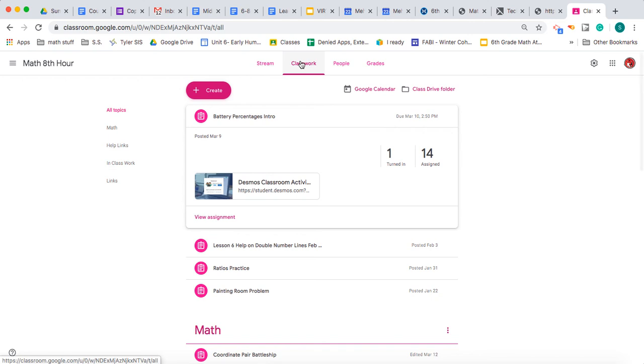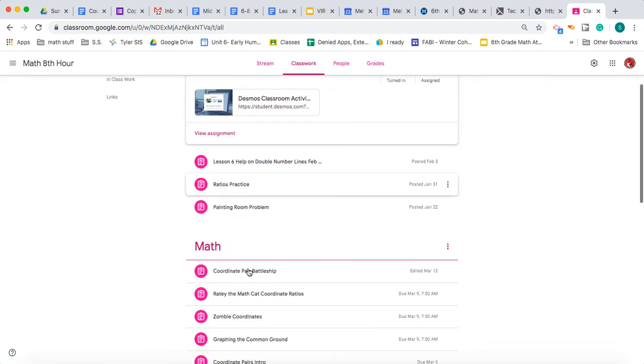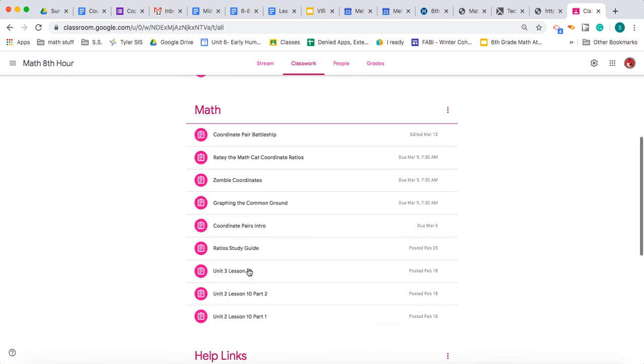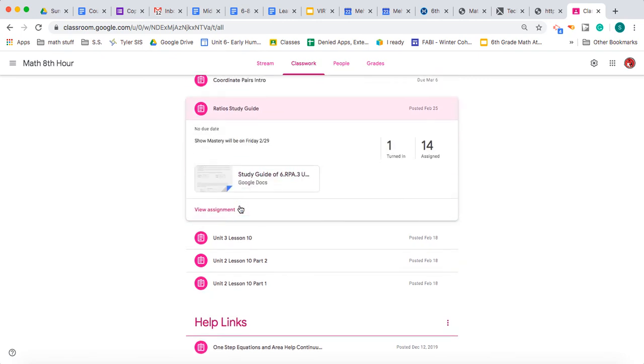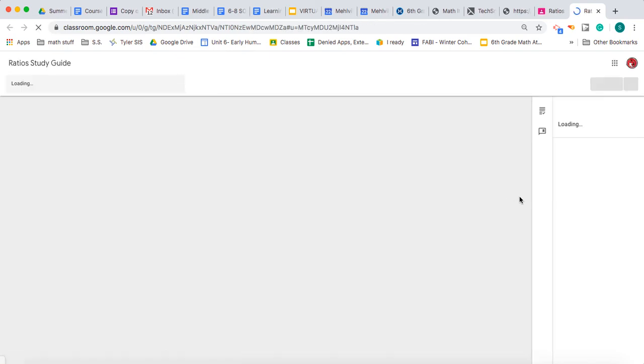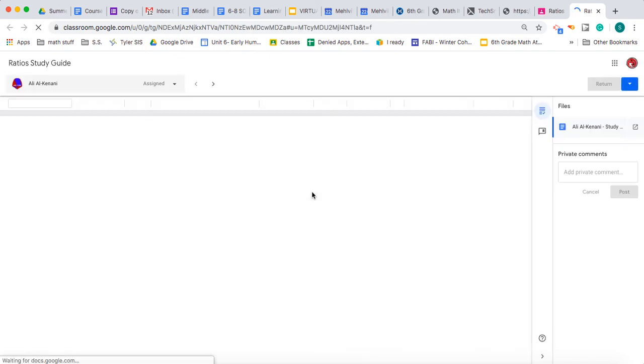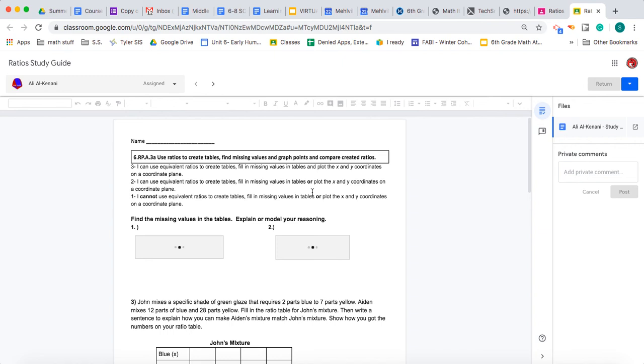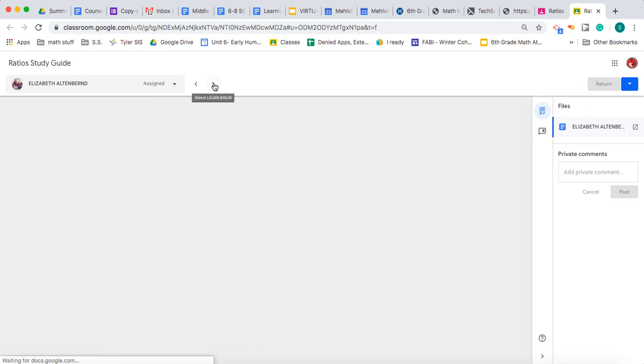So I went to classwork. I found a study guide that I had uploaded before, ratios study guide. This wasn't something that they had to turn in, so you can see only one student actually clicked on the turn in button. But when I look, I can see all their names. I can look at the assignment. I made a copy for each of them, so if they wanted to type notes on here, they could. But if this were a document that I were going to be grading, I could scroll through student to student this way,